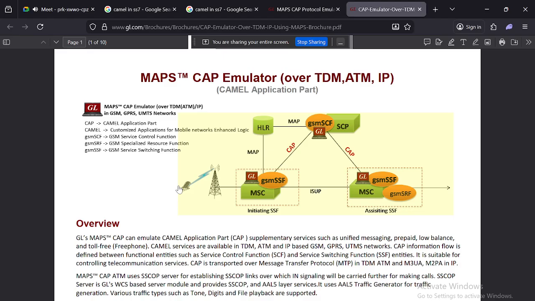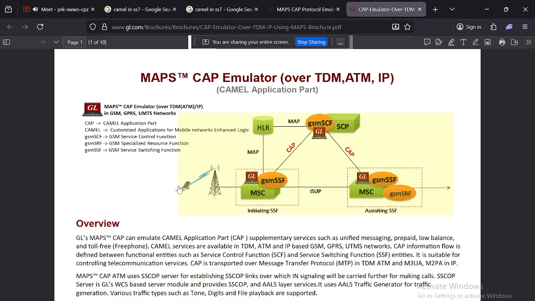A CAMEL application sits at the application layer of the SS7 protocol, so it relies on the underlying SS7 layers for messaging transport and routing. The message transfer part provides the core network, data link and signaling network layers, equivalent to OSI layers 1 to 3.